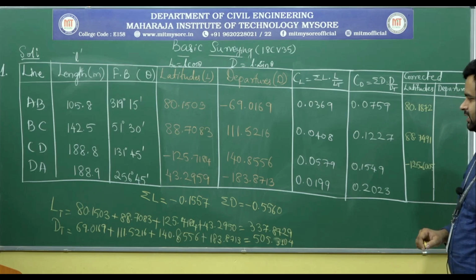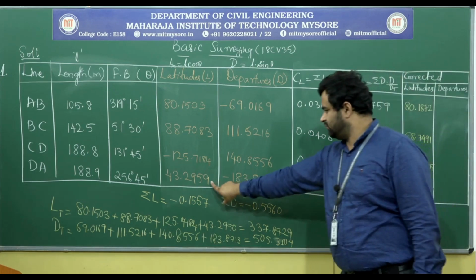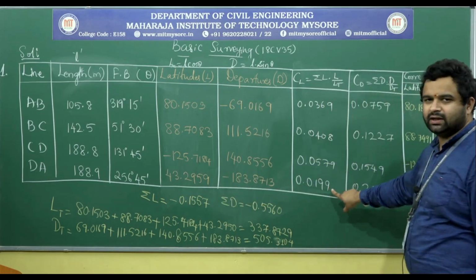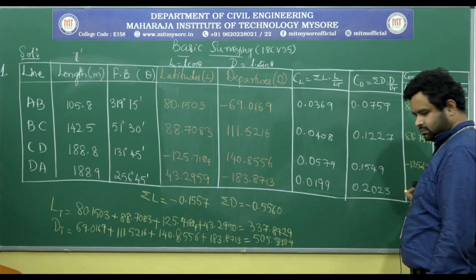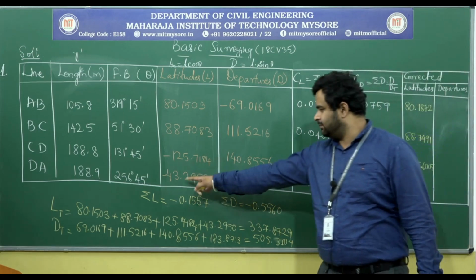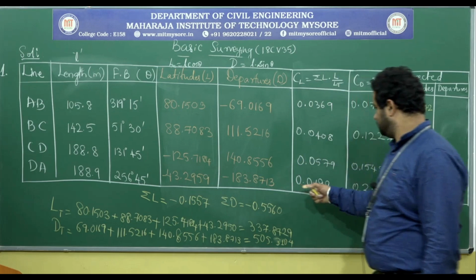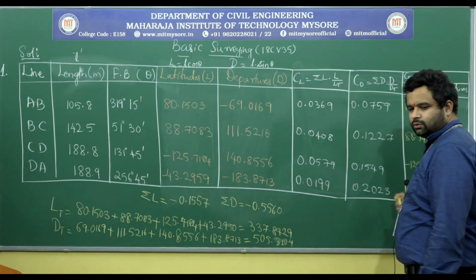Okay, for the next line DA, minus 43.2959 plus 0.0199 is equal to minus